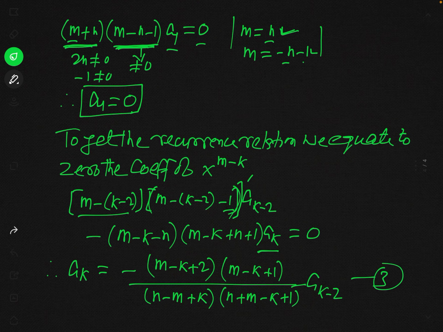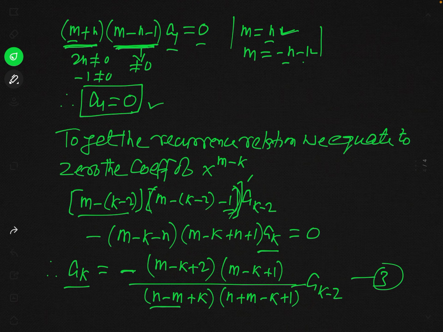So this relation is known as the recurrence relation, and from this recurrence relation you will get the value of all the other coefficients, that is a2, a3, a4 and so on. In fact, here I have written n minus 1 by taking this minus as a common factor, so here the sign is just reversed. So you can now see,